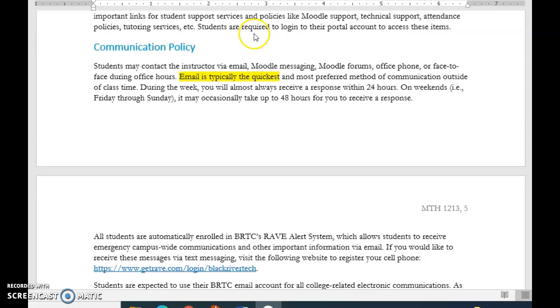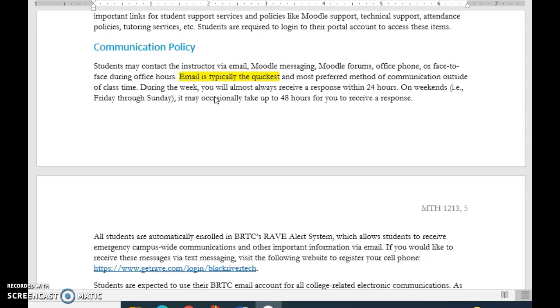Communication policy: there are lots of different ways we can chat. Email, Moodle message, Moodle forums, office phone, face-to-face during office hours. We could even Zoom if you find that preferable. Email is probably going to be the quickest way to get a hold of me, unless I'm sitting in my office and you want to call me during office hours. Email is set up to go straight to my phone, so I get those alerts even when I'm at